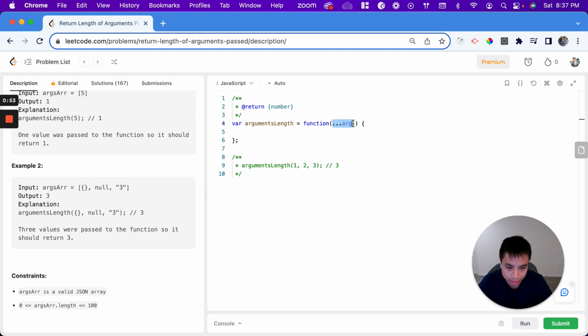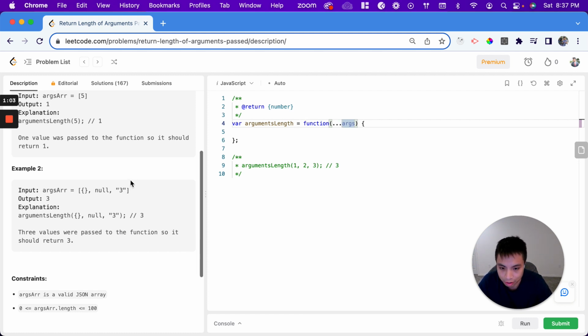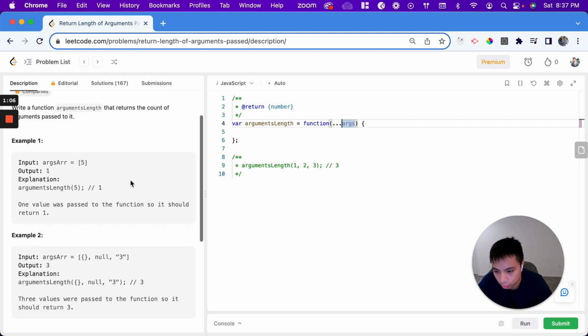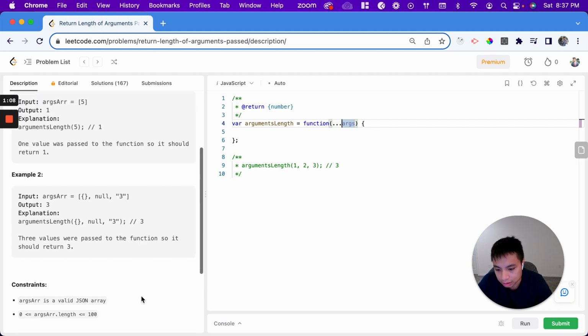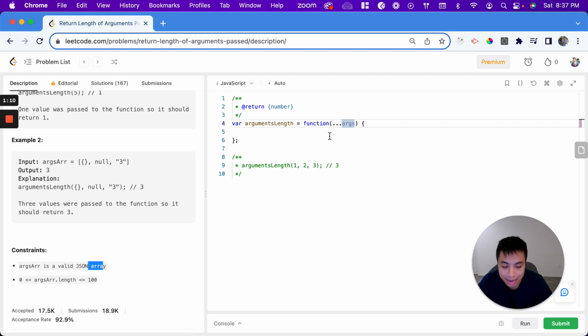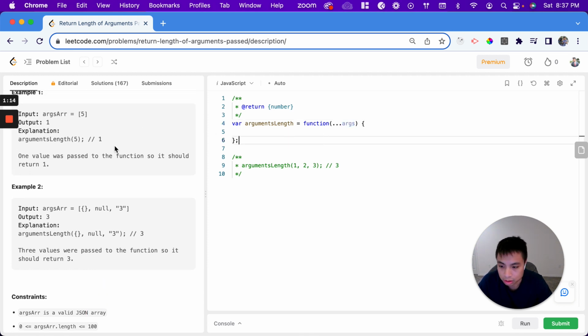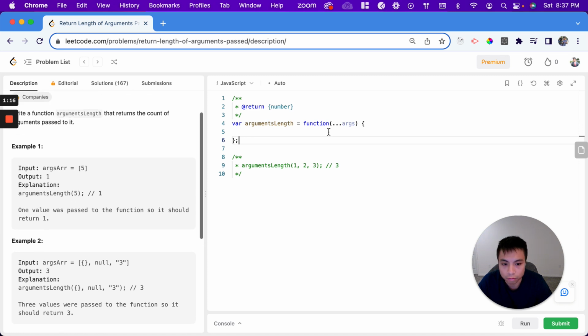So that's what this is going to be. Here the ... indicates that it could be any number, but we don't know what the length is. So that is what we're trying to figure out. There's actually a quick way to do this. Because it's an array, it has the .length property, and the .length of it is the count of the array,